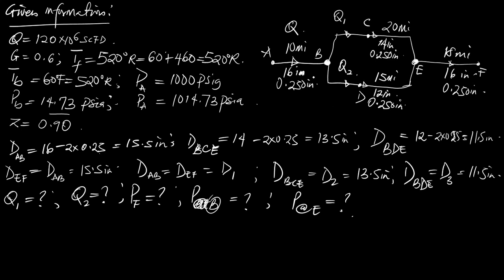There are so many variables now. For us to solve these pressures, we need first to get the flow rate. So if we get the flow rate, we can now begin to proceed. The flow rate at each of the loops. Now, how to do that? So what we're going to do is we now make use of the general flow equation,